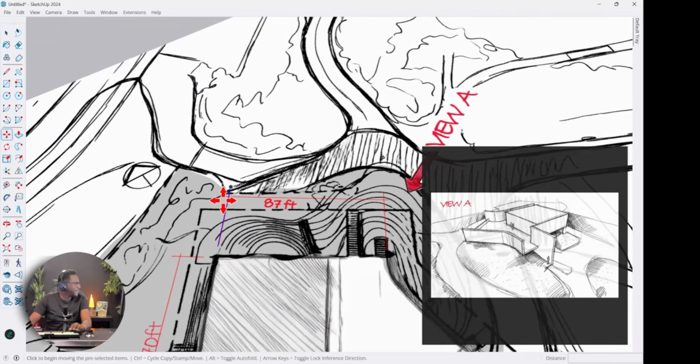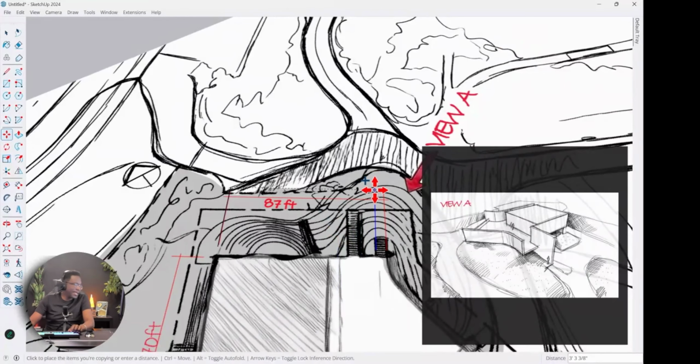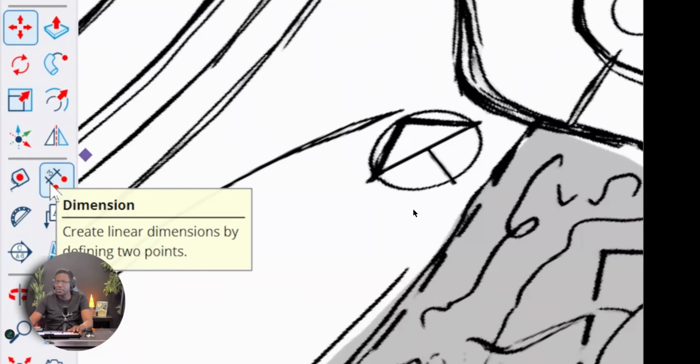So I will go to my move tool and press Ctrl once, so I get the little plus icon there. That little plus icon means it's going to create a copy, and I'll put another copy here. All right, now I'm going to get my dimension tool, which is this tool right here.